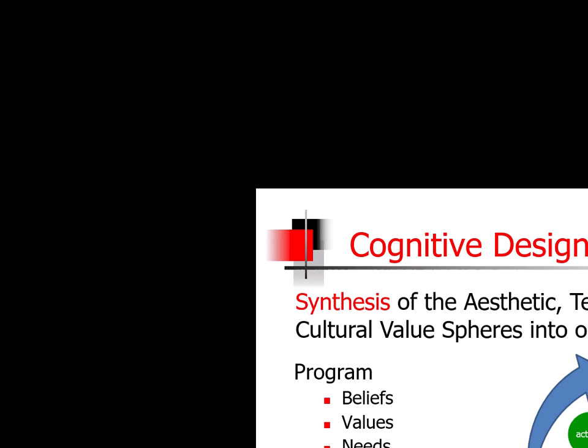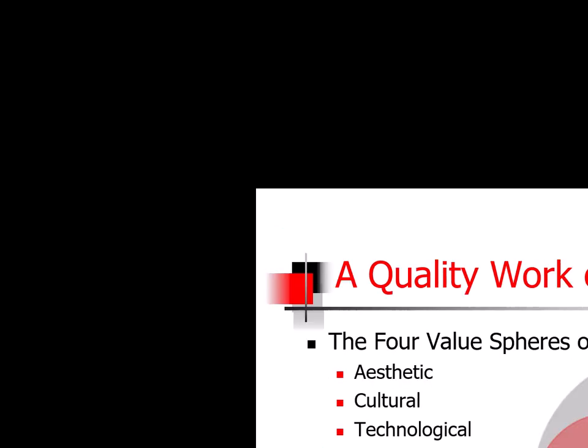Architecture of the highest quality includes knowledge and information of the aesthetics, technology, social, and cultural value spheres. Architecture is a whole which requires an understanding of the aesthetic, the technology, the cultural, and social. The complex interplay of these four spheres of influence establish the reciprocal relationships necessary for the system we call architecture. To exclude or extensively diminish the role of any of these value spheres in the creation of architecture destroys the synergy